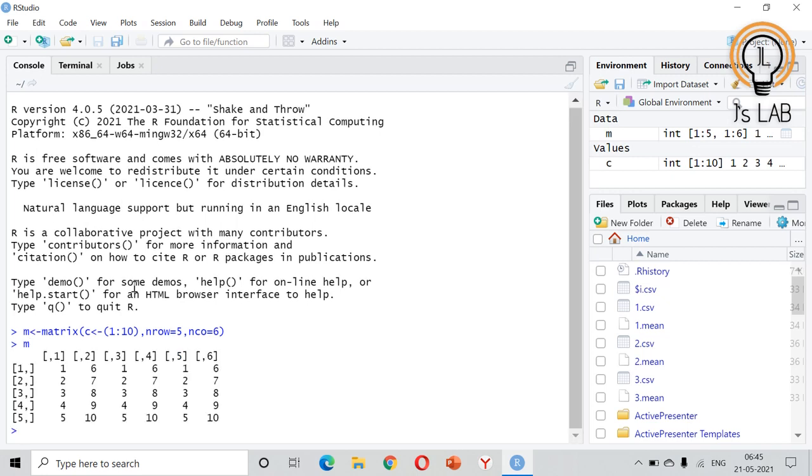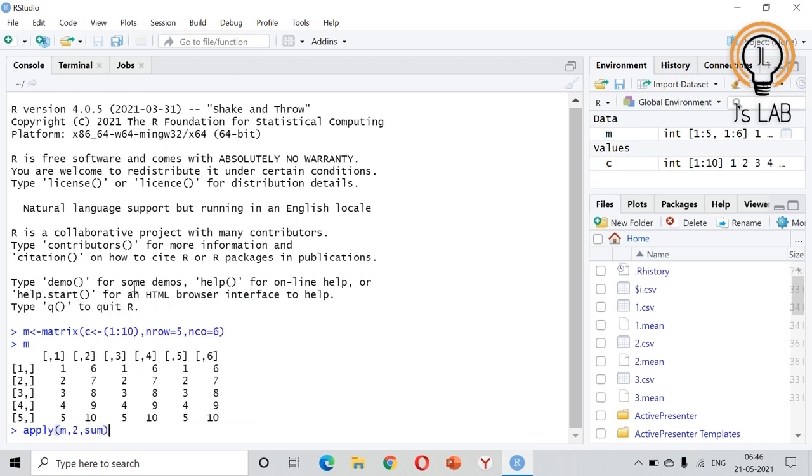To this matrix we are going to apply the apply function. In the place of x, that means the matrix M. Then we will provide margin 2. So 2 represents columns. So I am dealing with columns, and the function I need is sum.